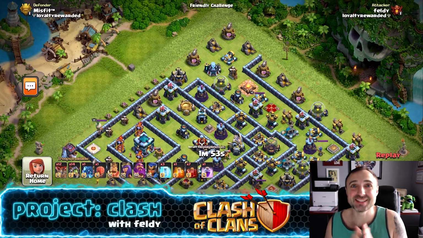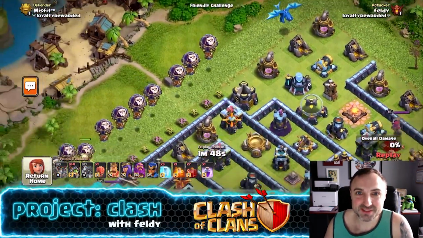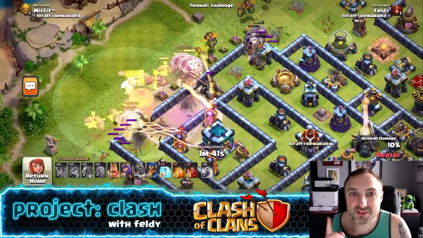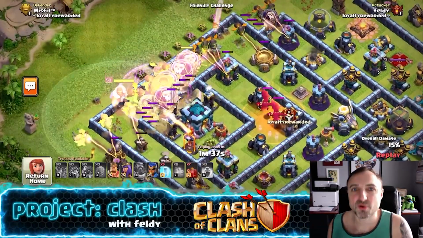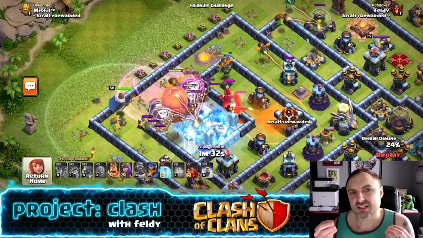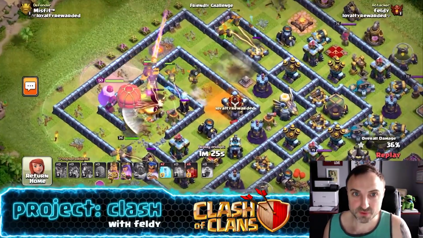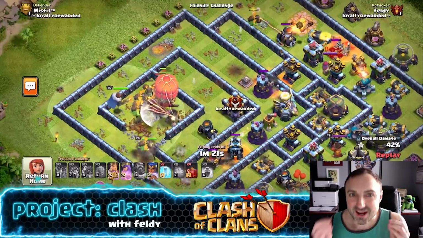But first I needed some practice, so I had this little friendly challenge posted up here by Misfits, and I'm trying this brand new Inferno Dragon Loon attack. I brought one E-Drag, and the whole premise is to lure out the clan castle, use your poison right away, freeze a critical area, use your rage spell right away, and use your Warden's Eternal Tome. So there's a lot going on all at once, and the honest truth is I actually